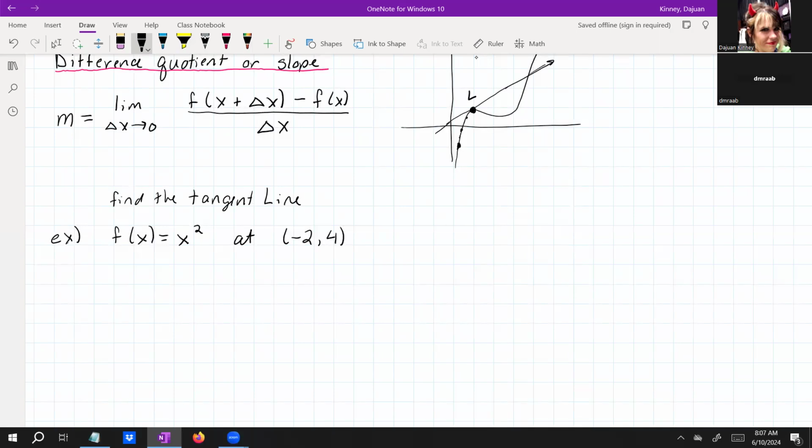First thing I'm going to do, we need a slope. We have a point, we need a slope. So I'm going to say limit as delta x approaches 0. We've done limits last section. So now I'm going to plug in -2 for x for,